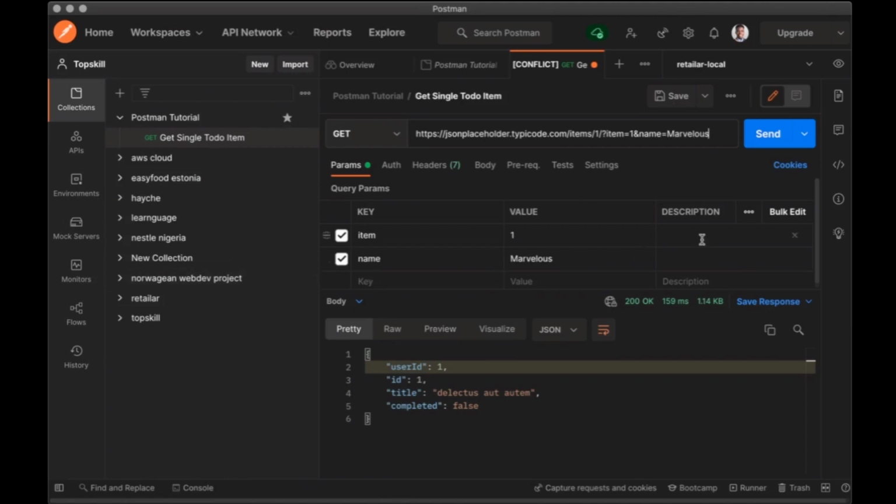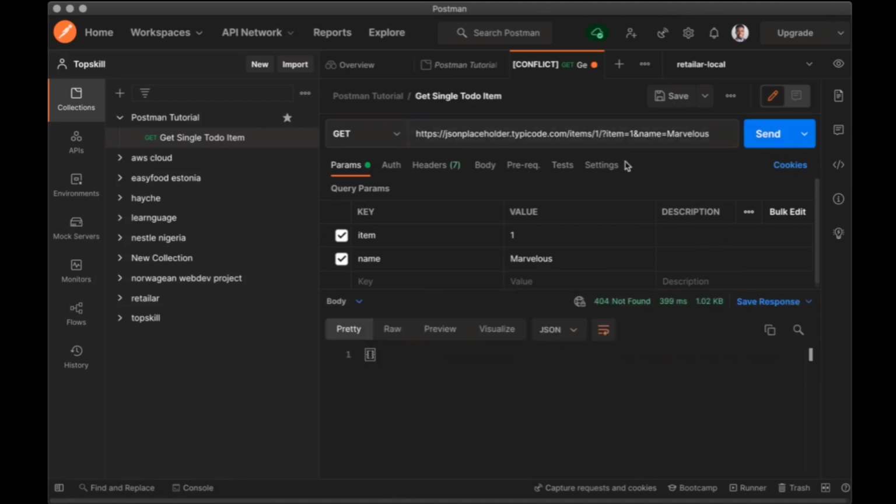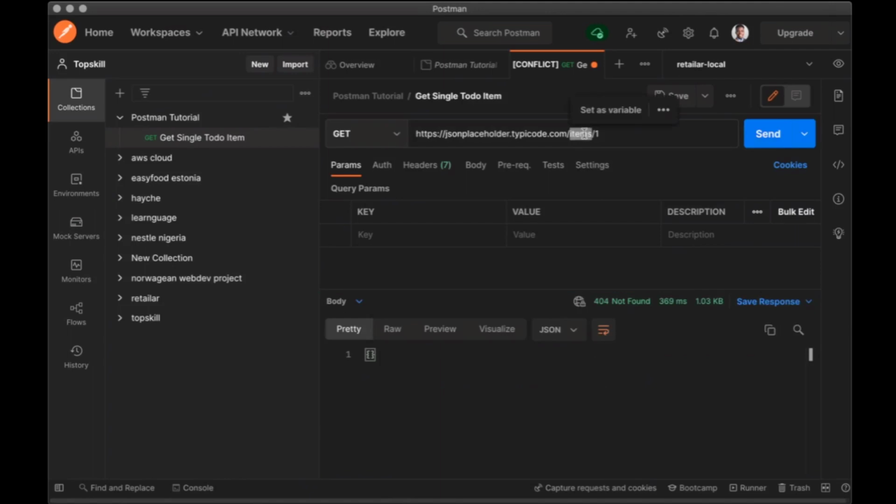You can add descriptions if you want to, not necessary though, but you can, and then you can send. Sending this, of course, is not going to give us anything. 404 not found because we just added this manually, which is wrong. So let's go back and we have the